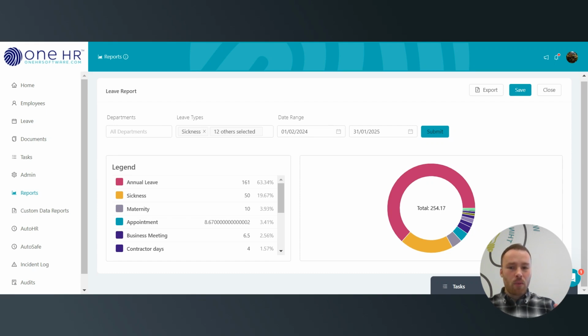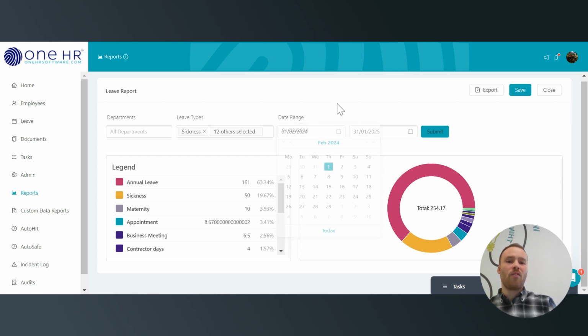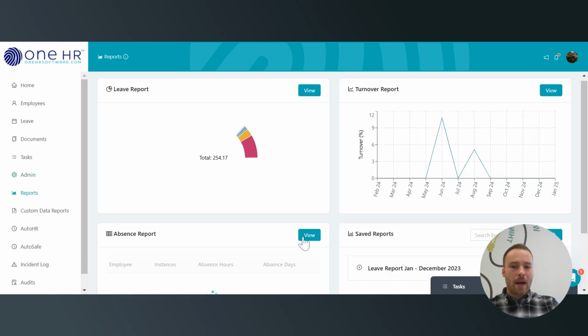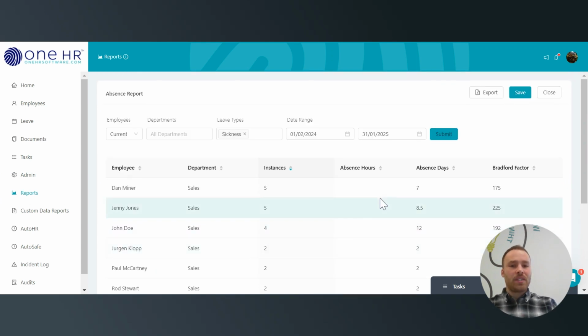So say, for example, if we want to monitor our sickness, we could set our date range to show the last 12 months and then compare that against the 12 months prior to see how we made progress in managing absence, or is there still work that's yet to be done. We then also, in the reports area, have our absence report, which will give us a breakdown of absence instances, the number of days that make up those instances, and then also the Bradford factor score,